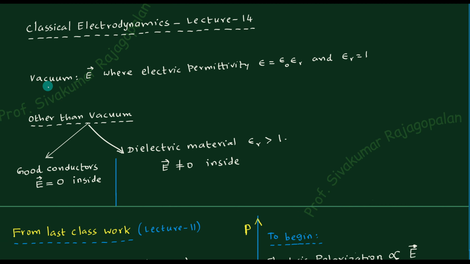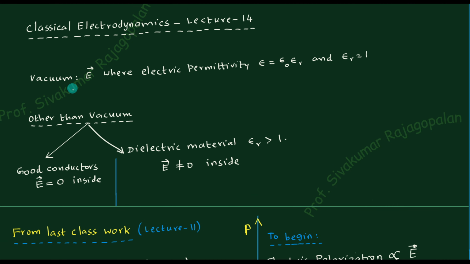To start with, consider the vacuum, where you know the relative electric permittivity, or the dielectric constant, is kept as 1. We keep 1 as a reference value for vacuum, and for other media you can measure its value, which will generally be greater than 1. The basic definition you already know is that the electric permittivity is the value in vacuum multiplied by a dimensionless number. So this is dimensionless, and all the dimension is taken care of by epsilon 0.